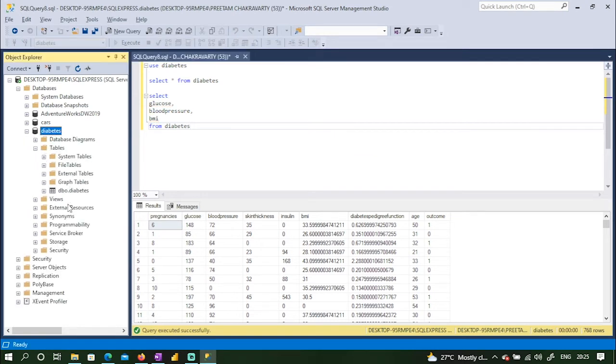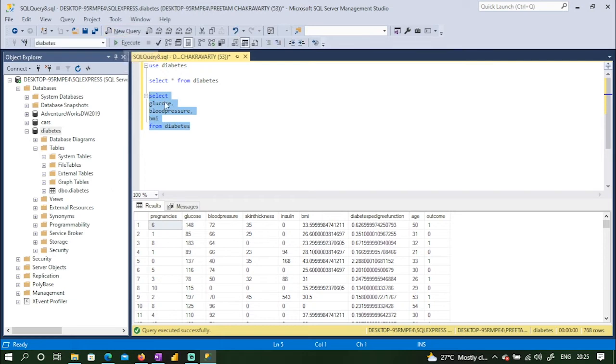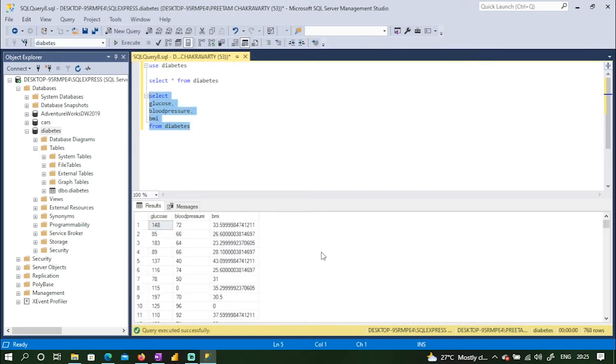If I open it, I can see that it is present in the diabetes database under the tables folder. Now if I try and run this, I'll get these